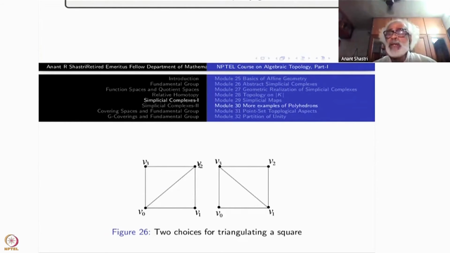But then how do I take what should be the simplexes? Naturally, the subspace this one must be there. But then if you just leave it there, the interior is not a simplex. So you have to either cut it this way or cut it this way, right? Both of them are possible. The fact that there are 2 different choices creates a problem. Which one to take? The moment there is a choice, that is going to create problem.